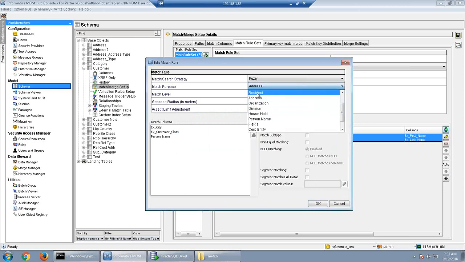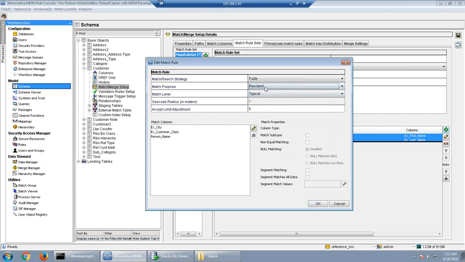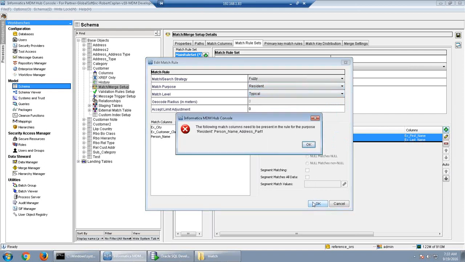Similarly, if you select any other option, you will get a similar message. If you select resident, it says you should have a person name and address. So depending on the columns that you have, if you have person name only or person and address both, you have to select the appropriate match purpose.